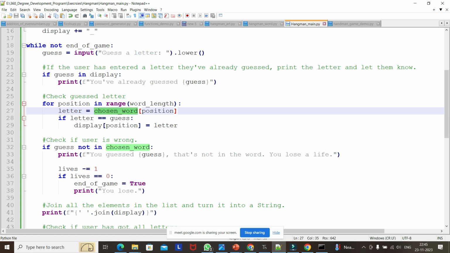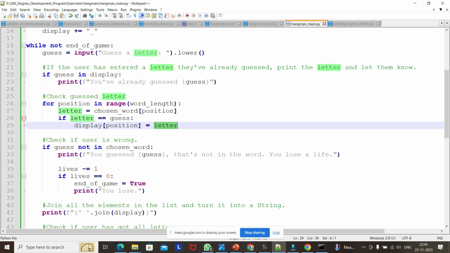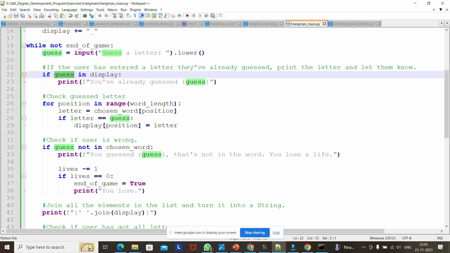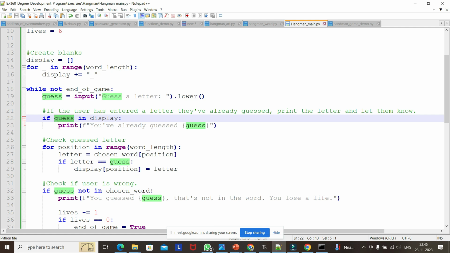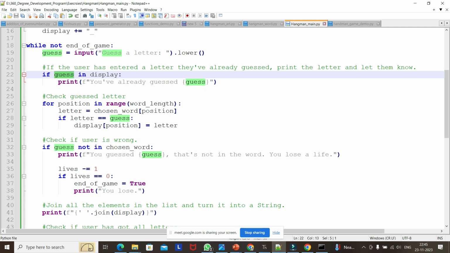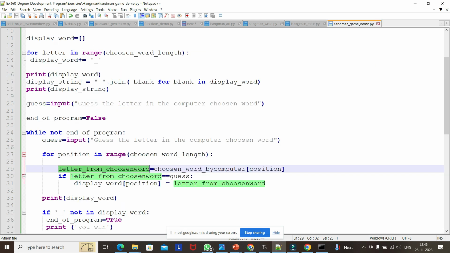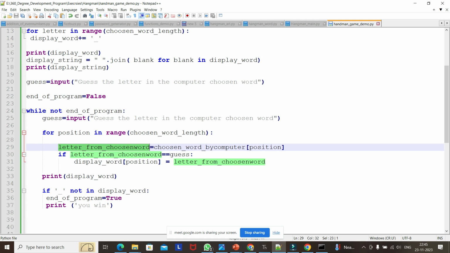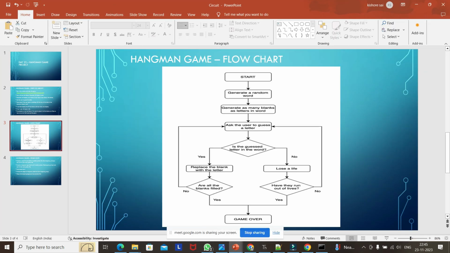So we have taken the letter using the position from the chosen word. And then if letter equal to guess,